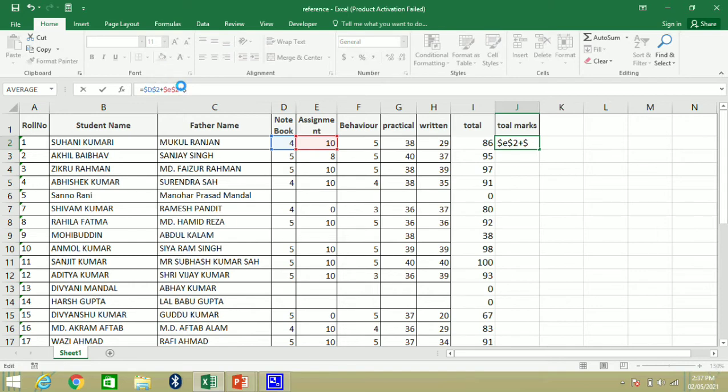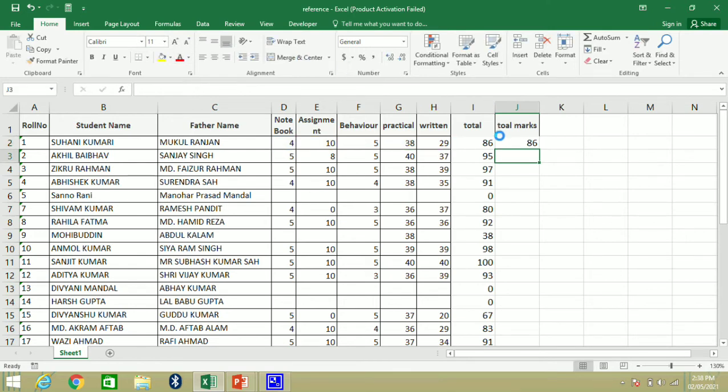So F: dollar F dollar 2, now plus dollar G dollar 2. And for H we will put dollar H dollar 2. Now we will press enter.